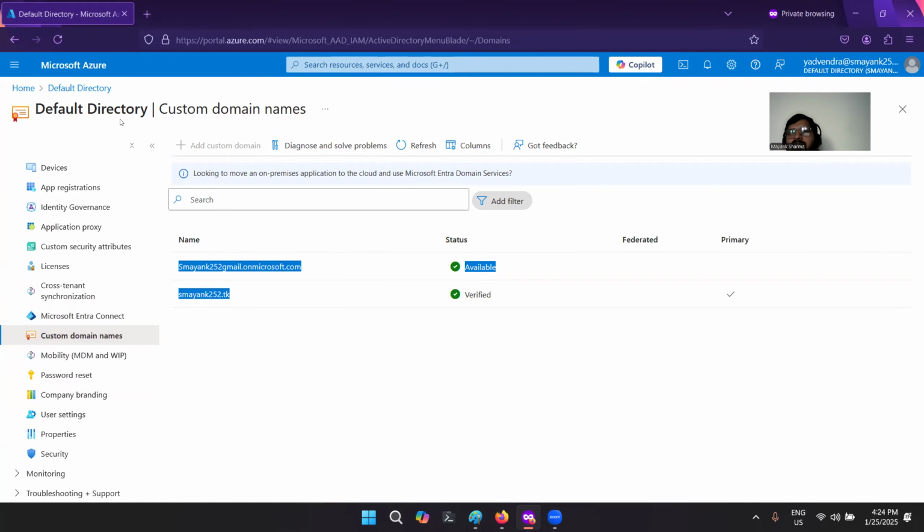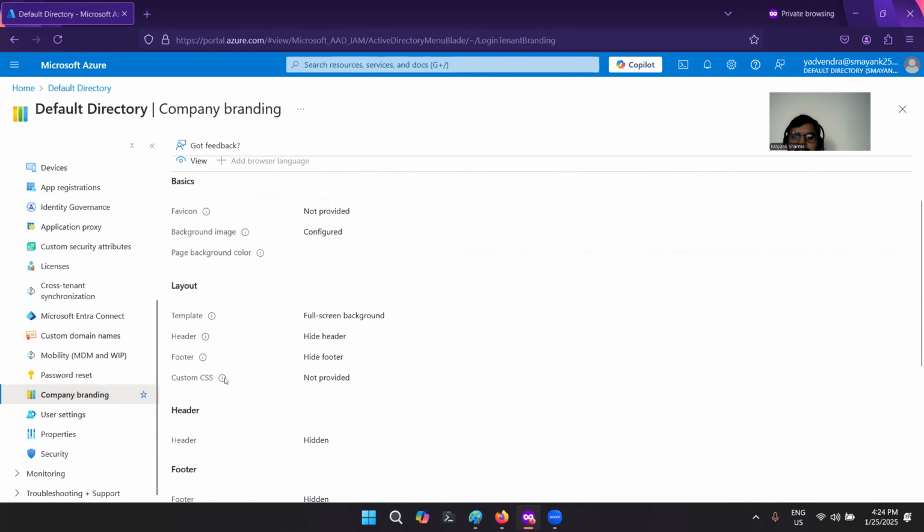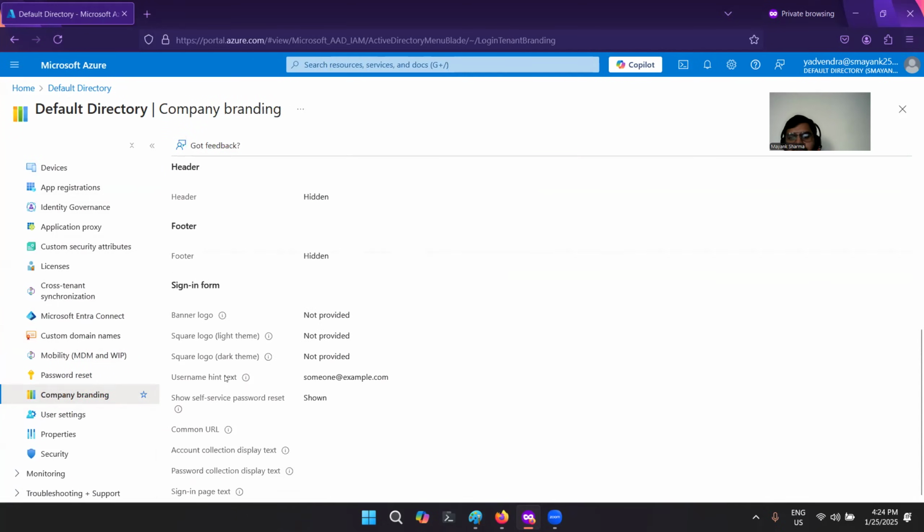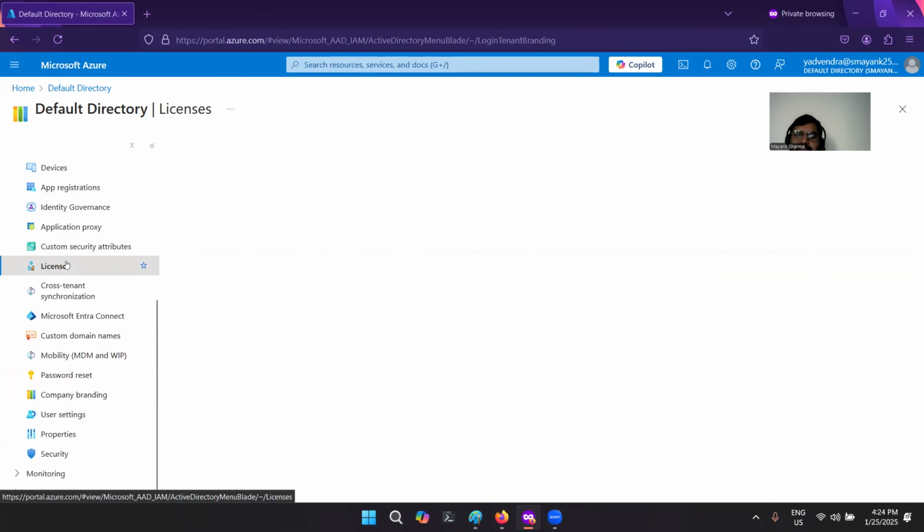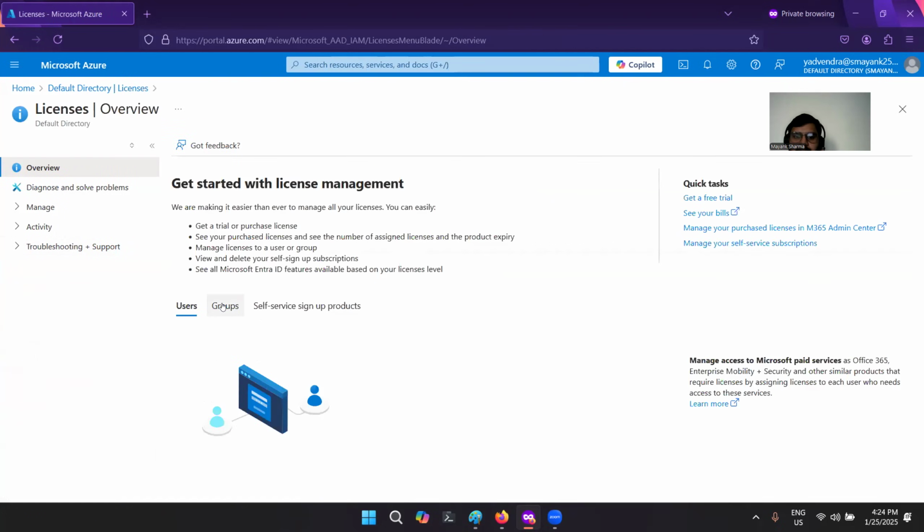This goes for every organization also. If you're part of an organization, whenever you log in from that particular ID, there is a banner of that organization in the backend. That is known as company branding. So you can do that also, but first of all, you have to purchase a license from Microsoft to perform all of these things.